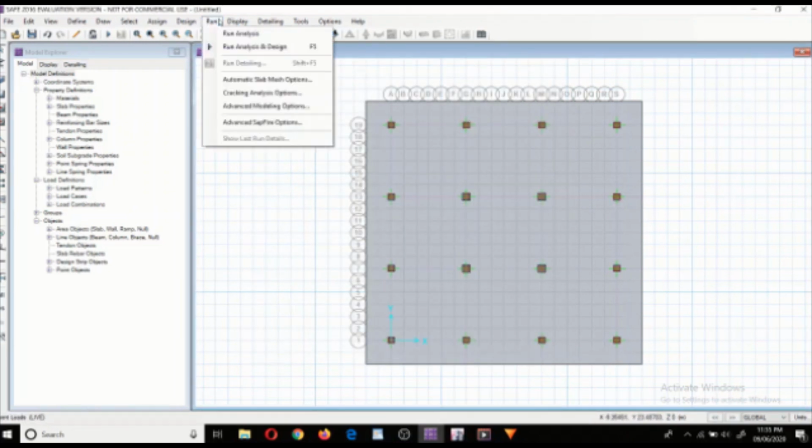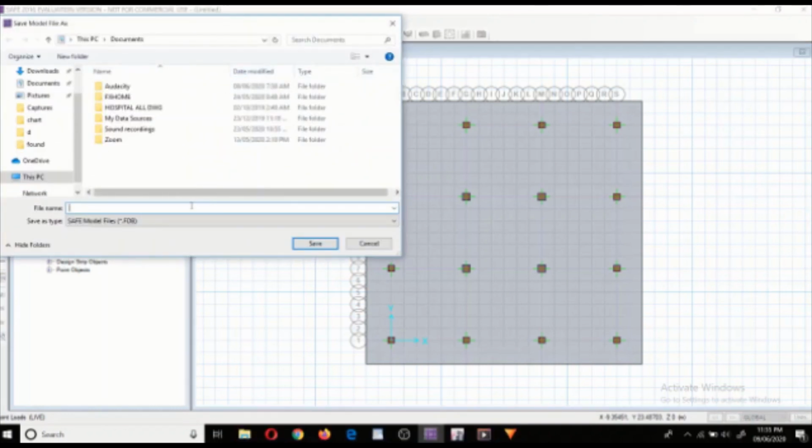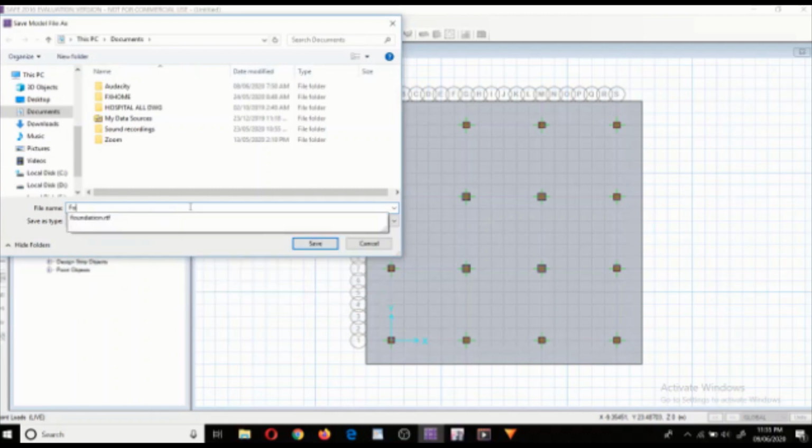After that, run analysis on the model. Click on run analysis. Save the file with suitable name.